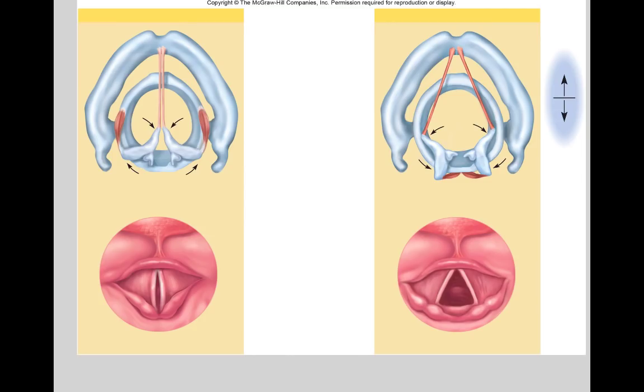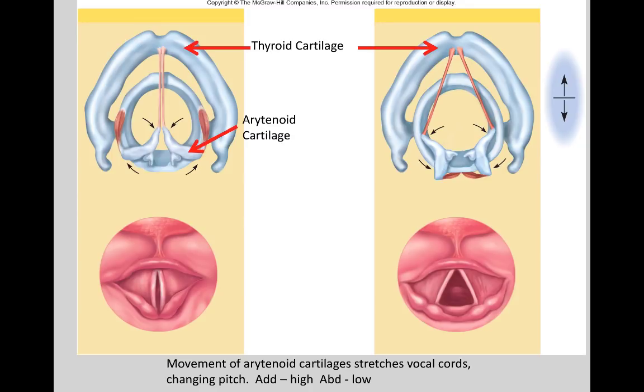So let's look a bit closer at the vocal cords now. In this cross-section, we can see the thyroid cartilage here with arrows indicating the anterior side. The vocal cords are attached to the thyroid cartilage anteriorly and posteriorly to the arytenoid cartilages. As the arytenoids move, they abduct and adduct the vocal cords, which stretches and relaxes the cords, changing their pitch. During adduction, or the left image, the pitch will be higher, and during abduction, or the right image, the pitch